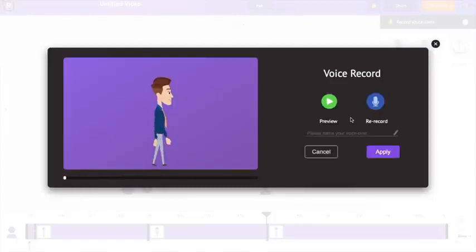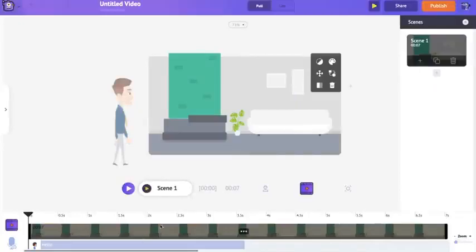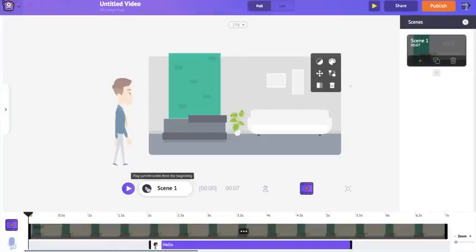So once you recorded your voice, you have the option to have a preview of your voice. You can name the audio file, and if you give apply, it will automatically sync this dialogue to the character's action. Once the audio is applied, you can see the video timeline is opened. As you know, we made the character walk into the scene and wave towards us at the 2-second mark, right? So he is gonna speak this dialogue from that point. Let's have a preview of this scene.